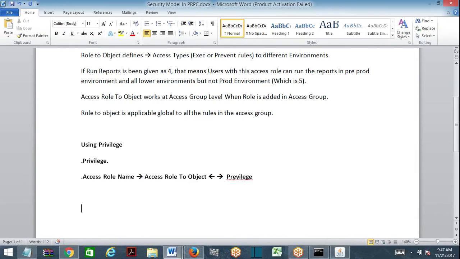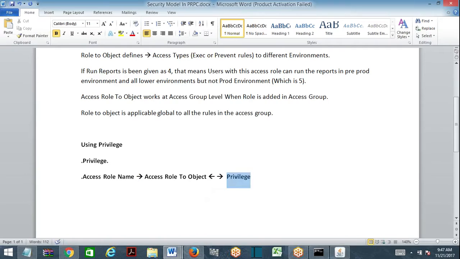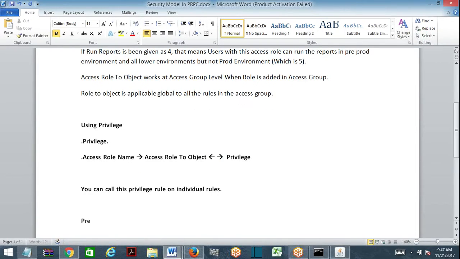So access role to object and privilege. You are adding privilege in role to object. Now you can call this privilege on individual roles. See, when you call this privilege on individual roles, what happens?